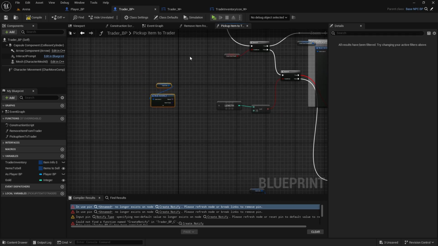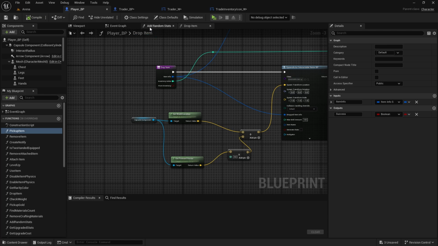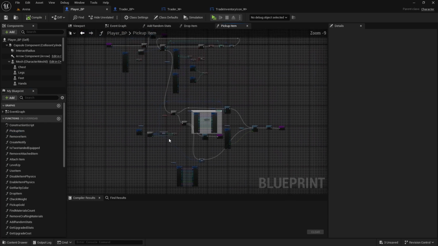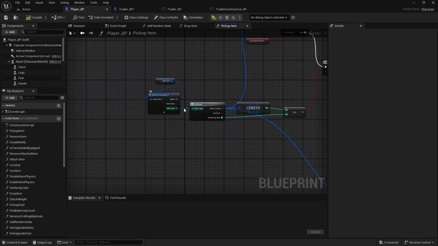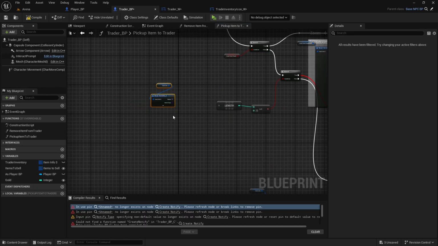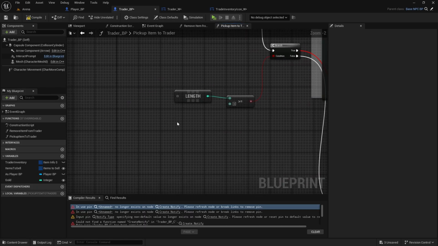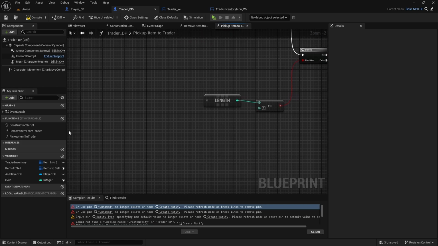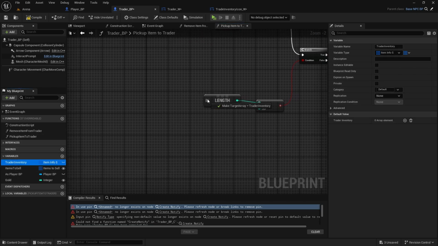What do we have item info here for? Need to check the pickup function in a player, just so I know. Item type, okay, for arrow again. So inside the trader, we don't need this. We can just get, so if inventory, trader inventory